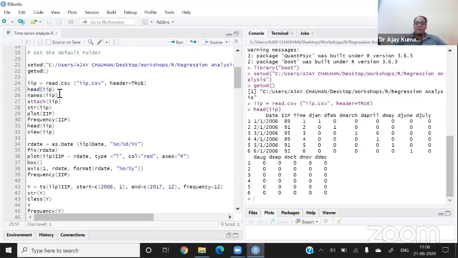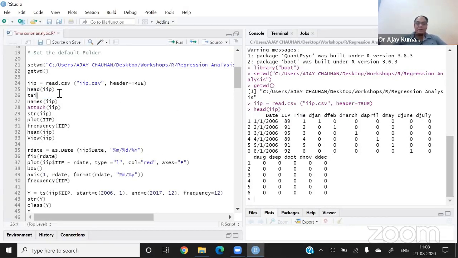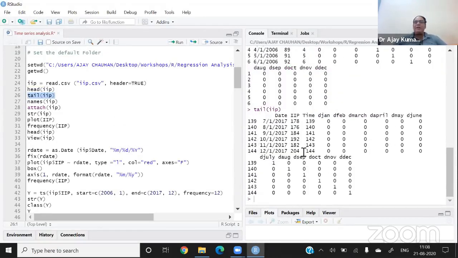Okay, now after that, I am running the command tail of IIP. Tail means if I want to see the last six observations, then I can run the command tail, and the tail is showing that I have the data up to 12 December 2017, and there are 144 observations in the file.